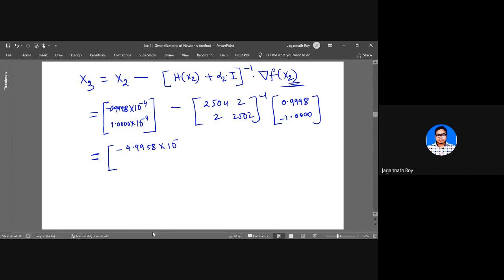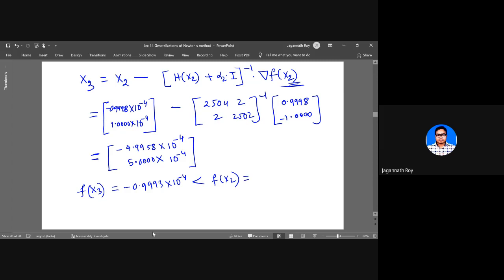And 5 into 10 to the power minus 4. Similarly, we will try to find out f of x3. F of x3 is minus 0.9993 into 10 to the power minus 4, which is again less than f of x2. So again we are in the right direction,